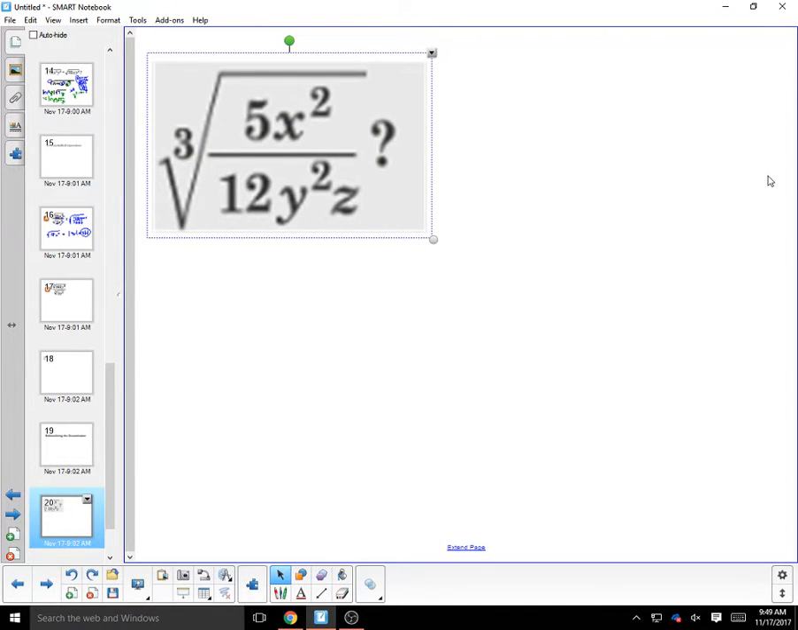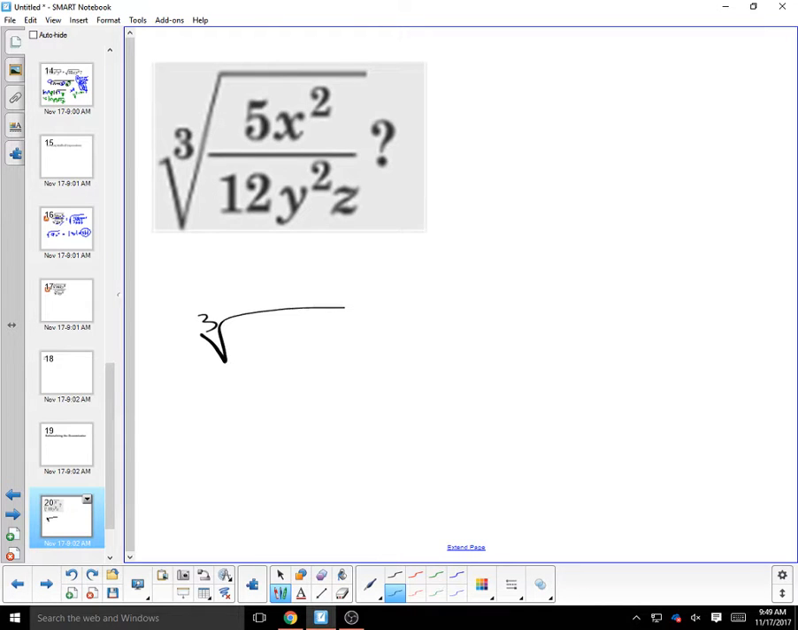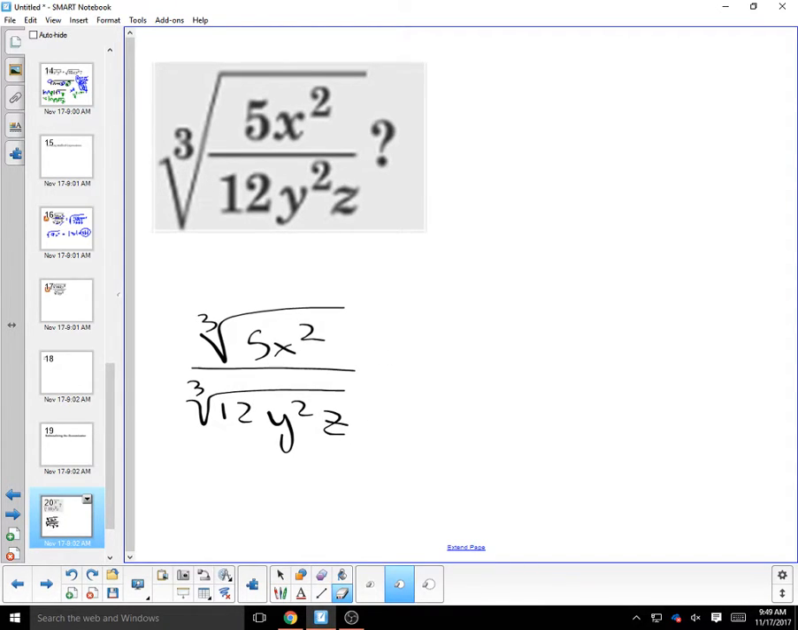So here's this problem. We need to rationalize the denominator, and the way that you're going to have to do that is by simplifying it. Now, there's nothing really inside that I can simplify already. So what I'm going to do is kind of what I did in the last problem. Instead of keeping it as one radical, I'm going to split it up into two. This is going to become the third root of 5x squared over the third root of 12y squared z. Okay? Now,